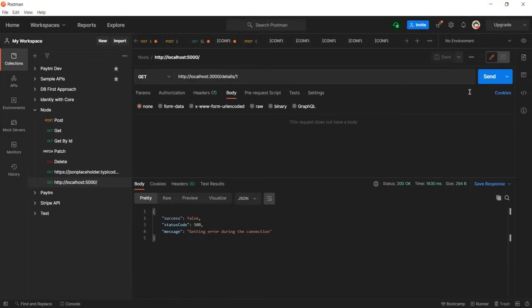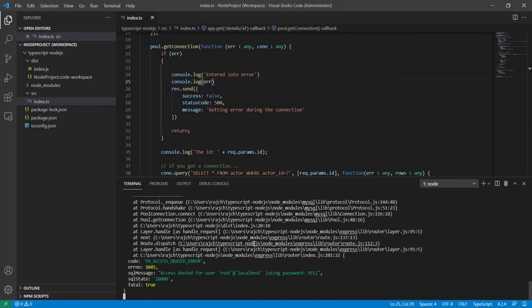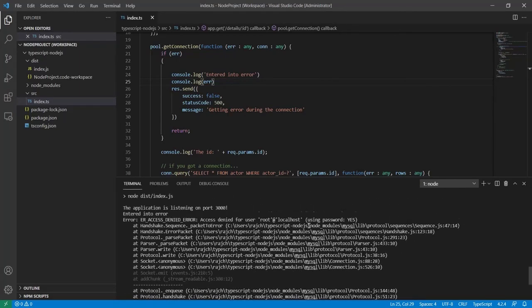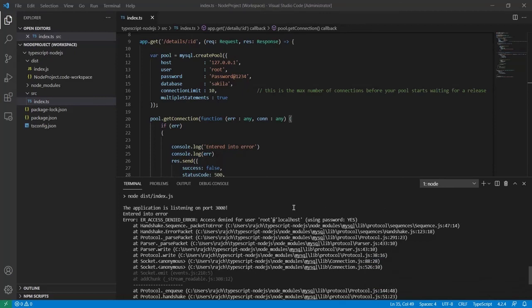And now let me call this again. So here we can see the complete error we are getting. You can see: access denied for user, using password yes. This error, access denied, is coming because we are entering the wrong password in the connection.